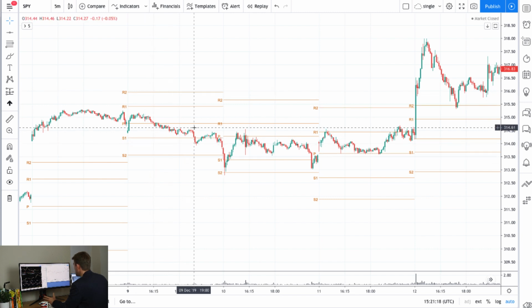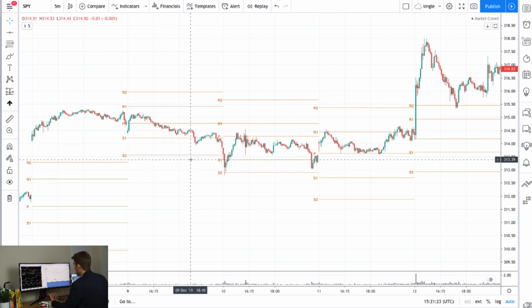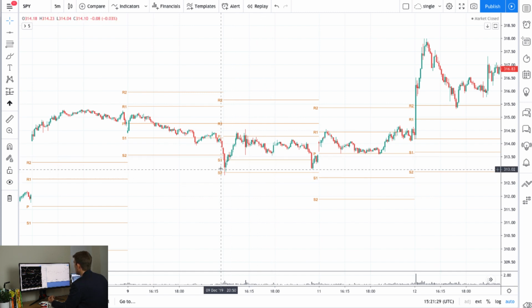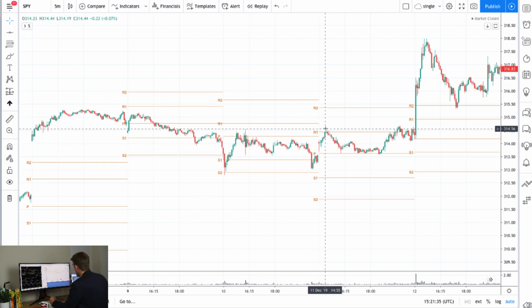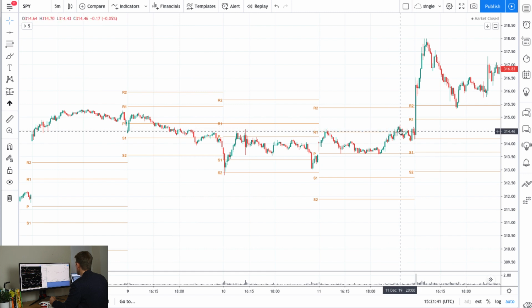Now the theory is that the market very often will stay within S1 and S2, and when it's a quiet market, it will stay between R1 and S1. And very often, as you see, it will ping pong back and forth amongst different levels. So if we skip to this third day, R1 was a very decent resistance, came back, tagged the pivot, held on the pivot, came back and only just managed to break out a little bit and then